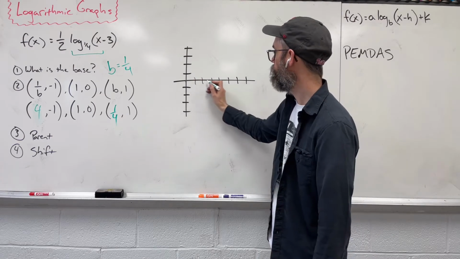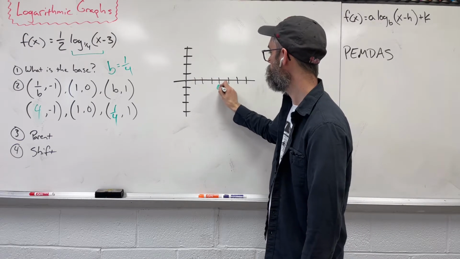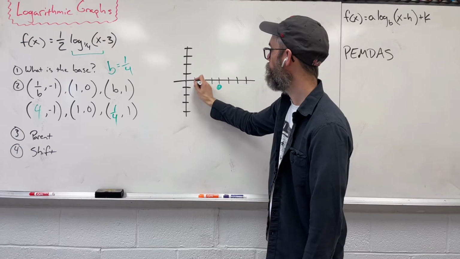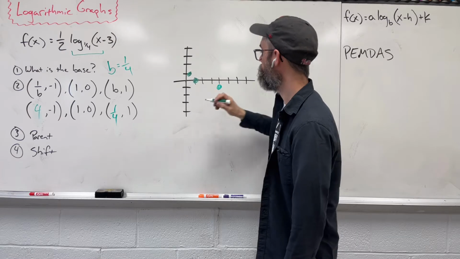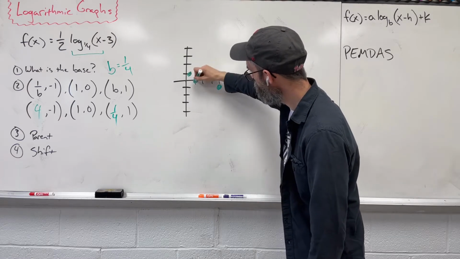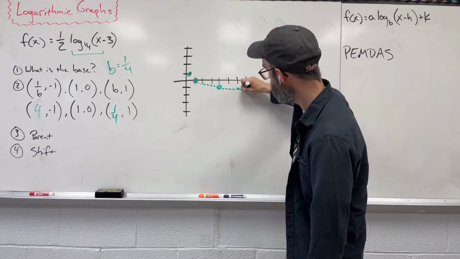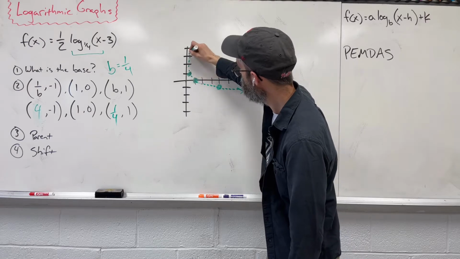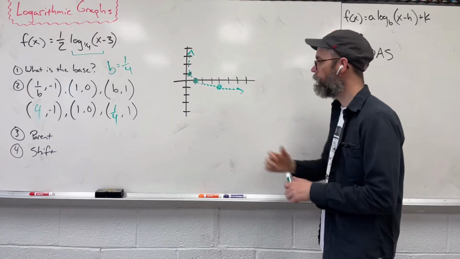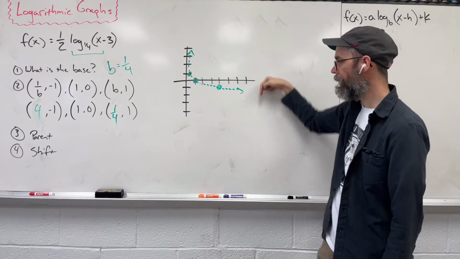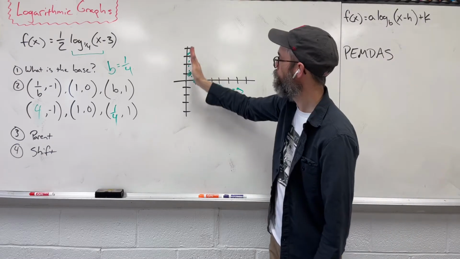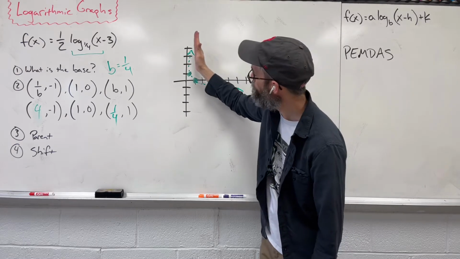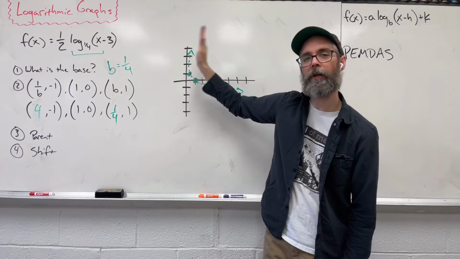So I'm going to go over 4 spots. I'm going to go down 1. I'm going to go over 1 spot, up 0. I'm going to go over 1/4, up 1. Okay, and then let's connect. So what we have going on here is this graph will forever go to the right, very slowly go down. This will forever go upwards, and it's going to creep up to that y-axis, but it's never going to touch